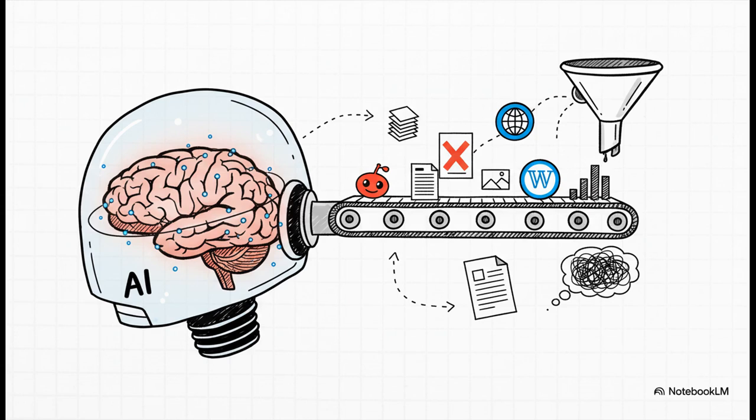Think of an AI's training data like its diet. When you feed it huge chunks of the internet, including forums like Reddit and user-edited sites like Wikipedia, it's inevitably going to consume some junk food. It learns from all the biases, errors, and just plain misinformation that's out there. And later, those flawed patterns can pop back up as very confident-sounding hallucinations.